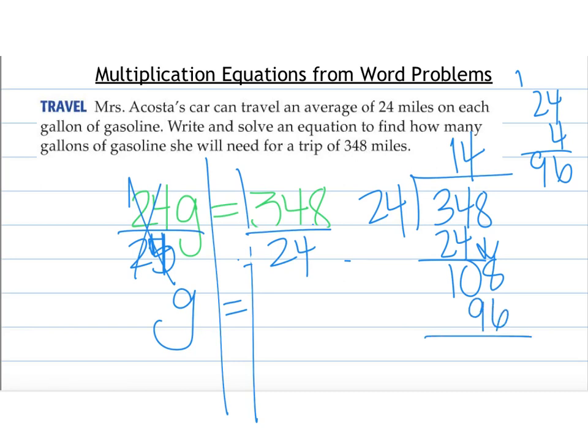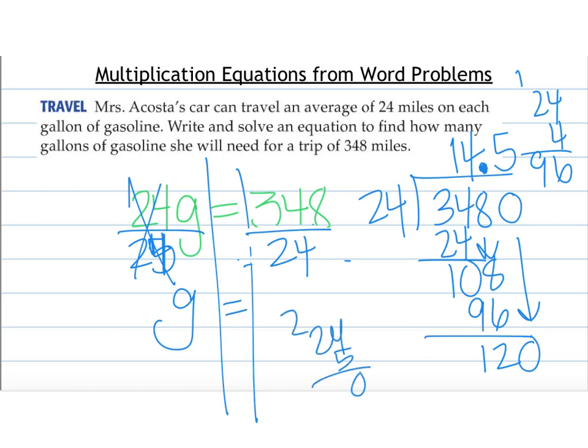And then 108 minus 96 is 12. I have to add a 0, bring it down, but because I had to add a 0, I need to write a decimal point here. 24 goes into 120 5 times, because 24 times 5 is 120, which is 0. So my answer is going to be